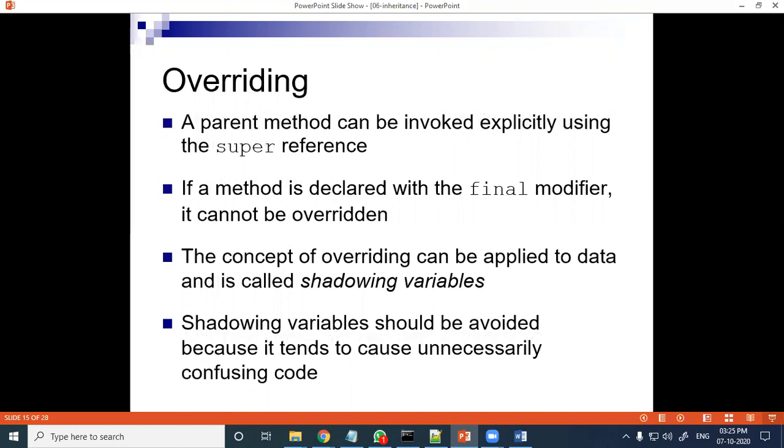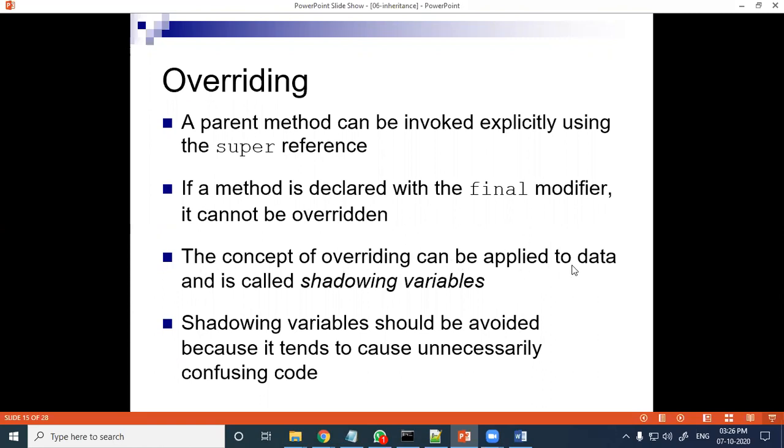If a method is declared with the final modifier, then it cannot be overridden. Final keyword means you cannot modify. If you set a method as final, then that method name you cannot use in the derived class. So override is not allowed if you make the base class method final.